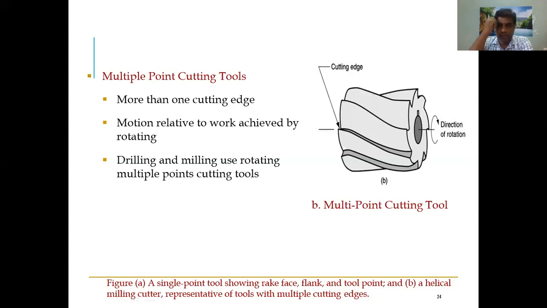For example, the knife is a single point cutting tool, but in your mixie or grinder, you see the cutter there. How many cutting edges will be there? Not one, right? It has multiple. Sometimes it is two, with one sharp edge on each side, and sometimes it is three. In some mixers it is four also, if it's a big mixie or meant to cut different objects. You can have three cutters, or four cutters also.